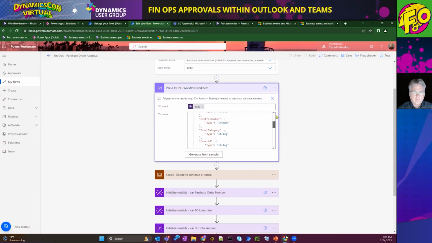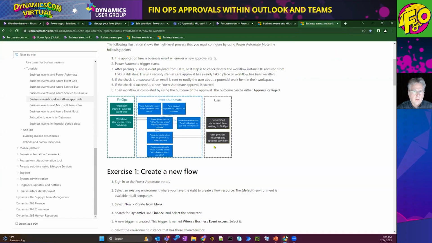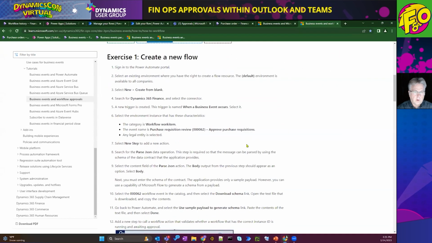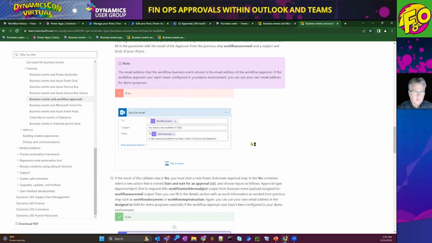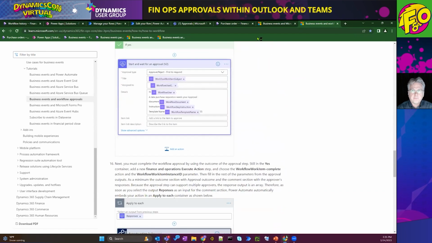And that is done through the FinOps administration area, and you can get more details over here on how to get that. That's further down within these instructions.